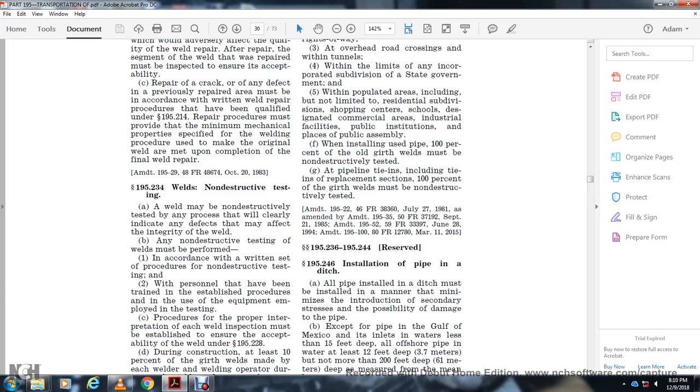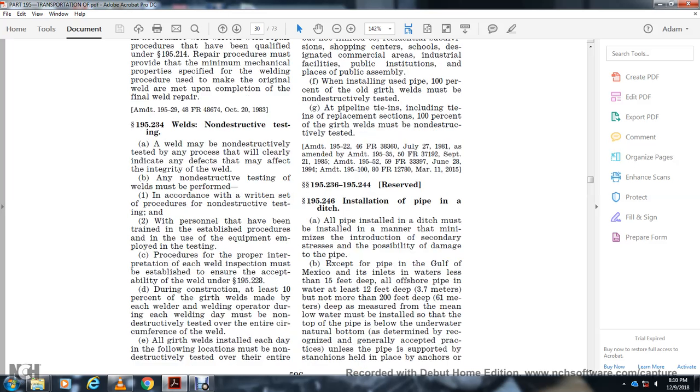195.246 Installation of pipe in a ditch. Pipe installed in a ditch must be installed in a manner that minimizes the interaction of secondary stresses and the possibility of damage to the pipe. Except for pipe in the Gulf of Mexico and its inlets with water less than 15 feet deep, offshore pipe in water less than 12 feet deep, but not more than 200 feet deep,